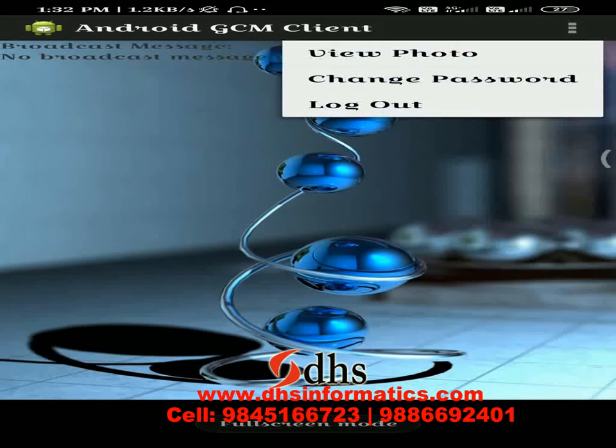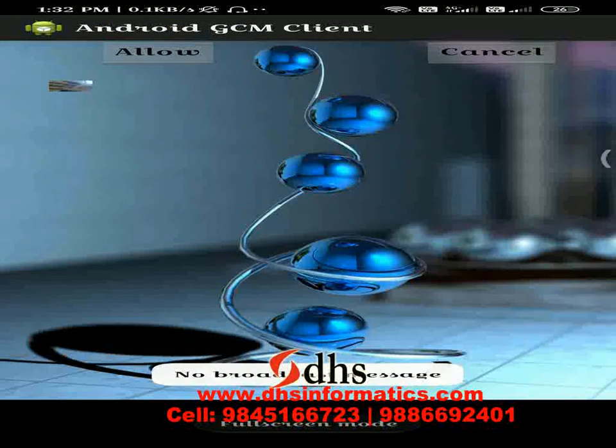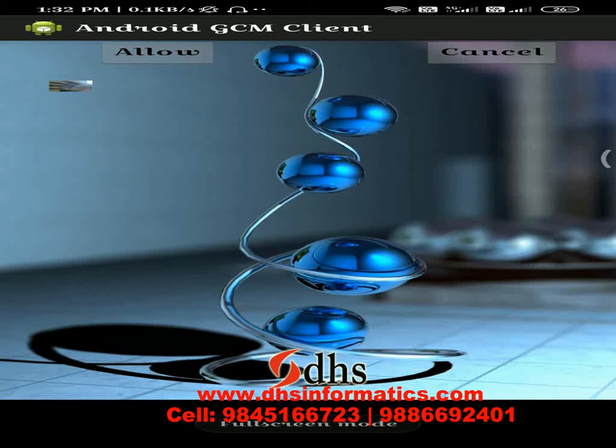In the menu option you can see view photo, change password as well as logout. First we'll go to view photo. As you can see, previously I kept a hand in front of my face, so that photo is coming here. The small size photo is coming because we have used a list view here.